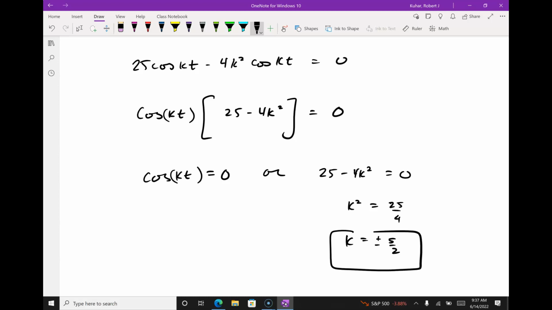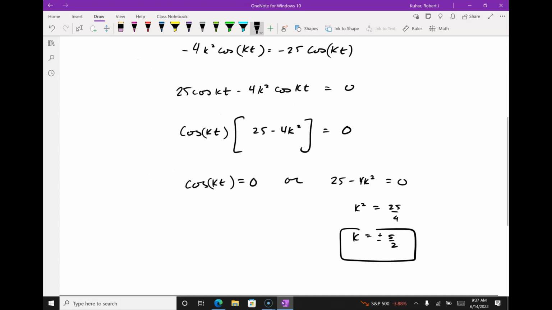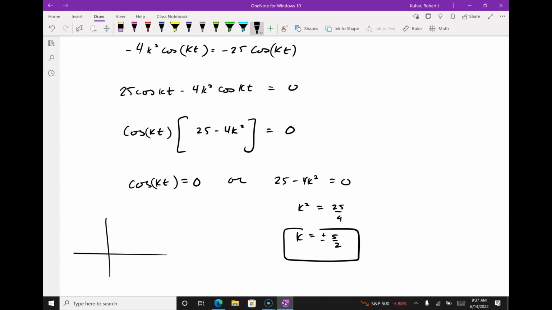The other one takes a little bit more thought. I need k to get me a guaranteed 0, right? But I know cos equals 0 whenever I'm at odd multiples of pi over 2, right? So 1 pi over 2, 3 pi over 2, etc. So k is going to be equal to